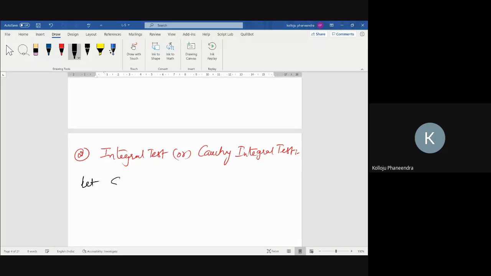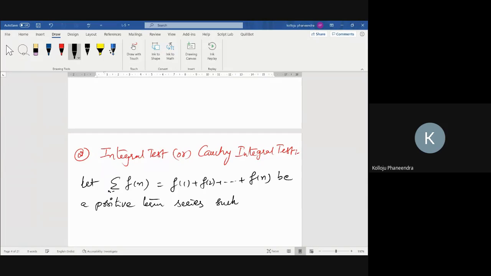Let sigma f of n, not un. This is what sigma f of n means: f of 1 plus f of 2 and so on plus f of n, be a positive term series such that f of n is a decreasing function, or you write it like this: f of n decreases as n increases. Then